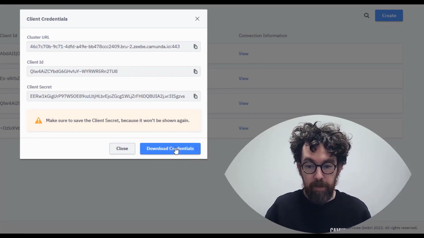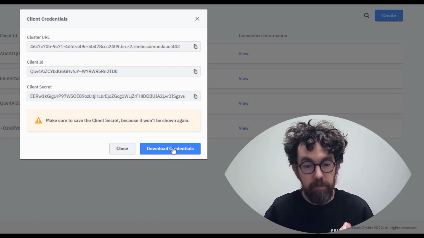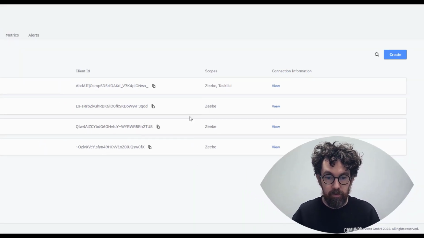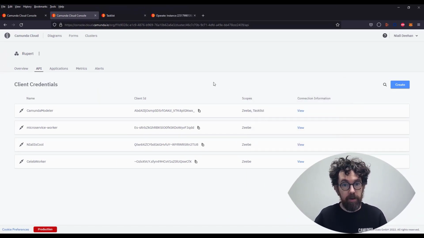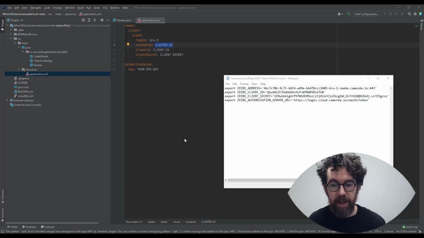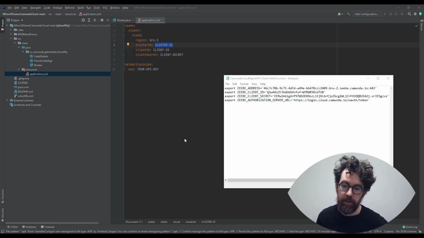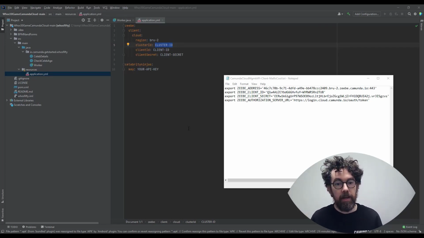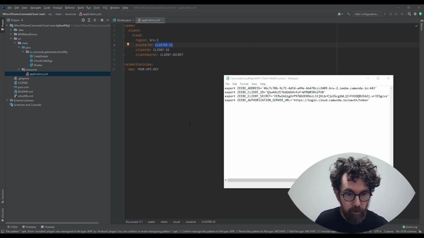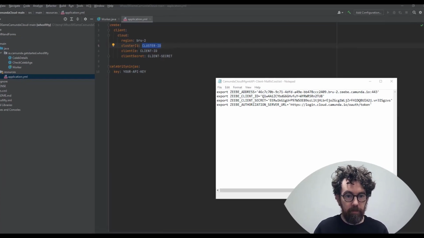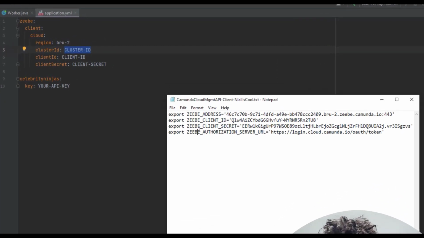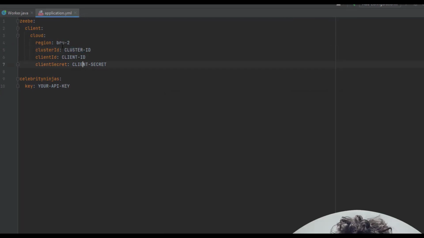So once you copy and download these credentials, you'll then be able to add them to the project. So let's do that right now. Alrighty, so I have downloaded the text file that contains my ZB stuff. I also have the application YAML open, and now I just need to throw the corresponding stuff in. So we have a bunch of things that sound very similar. So I want to talk through, and it's very easy to make these mistakes.